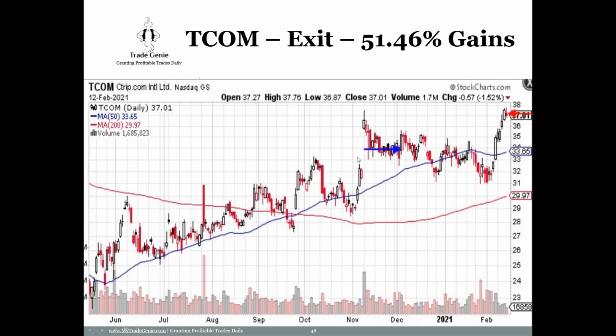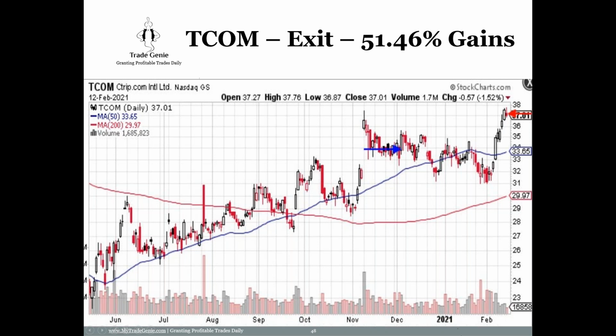So here is what happened in the TCOM. It got stuck. It just did this. But if you look at the move, if we are entering at 34 and it's doing all this and going all the way to 31, it's only a $3 move. So it's not much. But because of the time decay, it took 1.5 months. Maybe average here a little bit more, maybe add more when we see the conviction. So exited at 51, but it took a while.